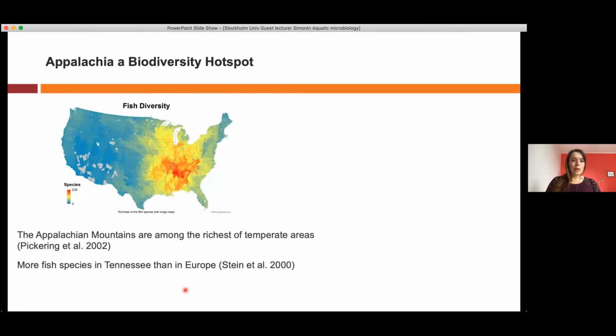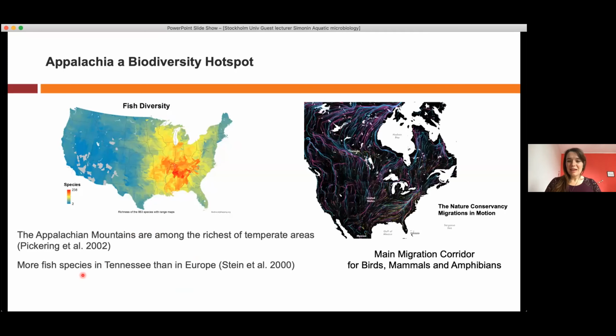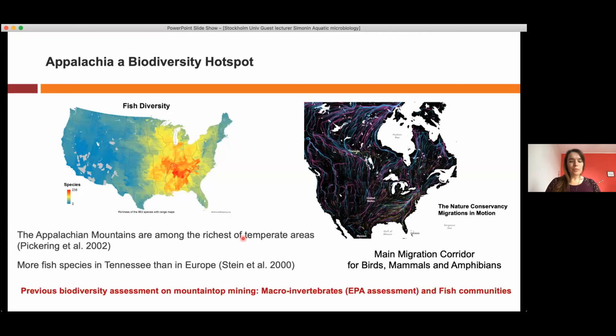The thing you need to know about Appalachia is that it's a huge biodiversity hotspot in America. Those mountains are among the richest in temperate areas, and there are more fish species in Tennessee than in the entire European continent. And this is a huge migration corridor for birds, mammals, and amphibians. So there is really plenty of